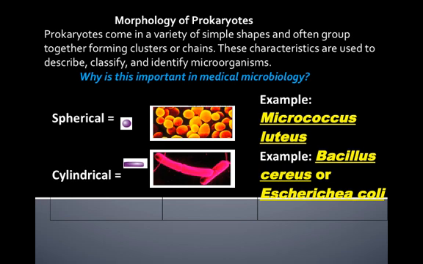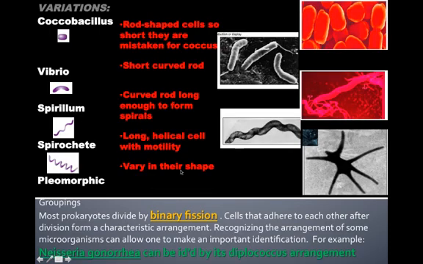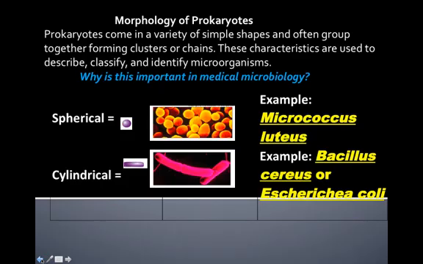So the spherical type bacteria are those round shape. And that word is known as micrococcus. Okay, so you can see right here that this suffix means spherical. It means the round or spherical shaped bacteria. The cylindrical type is referred to as bacillus right here, okay? And bacillus,